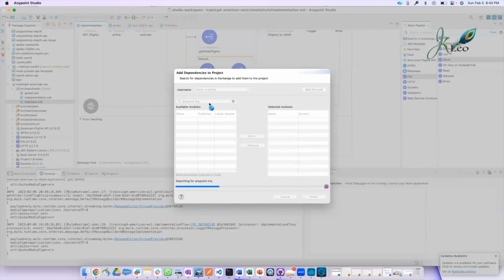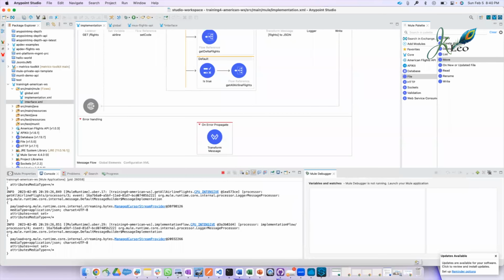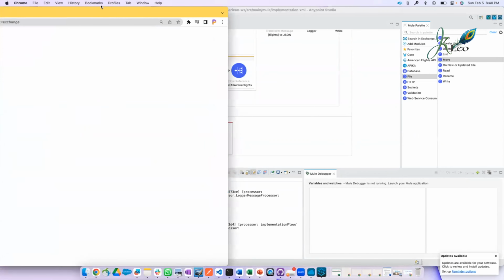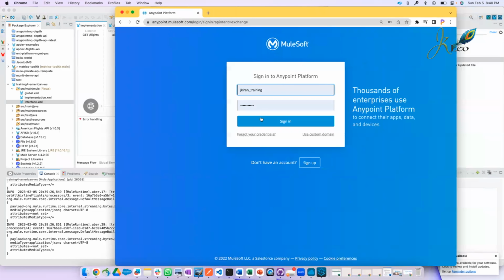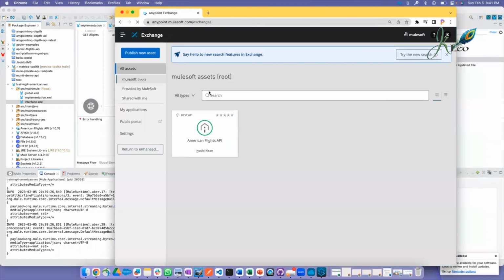So you have to download that connector, Anypoint MQ, from the Exchange. Once you have that connector, you can call and talk to the queuing broker, Anypoint MQ. To do that, again, I'll show you how. If you log into your Anypoint platform,